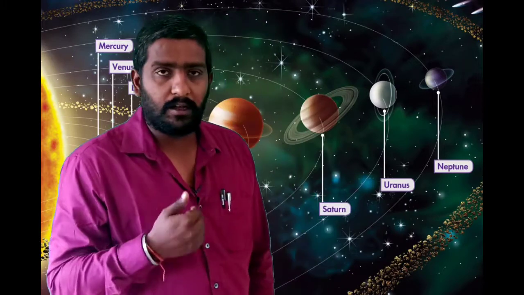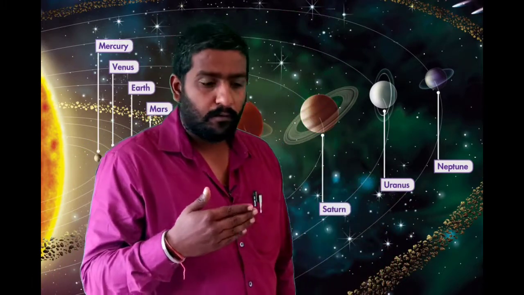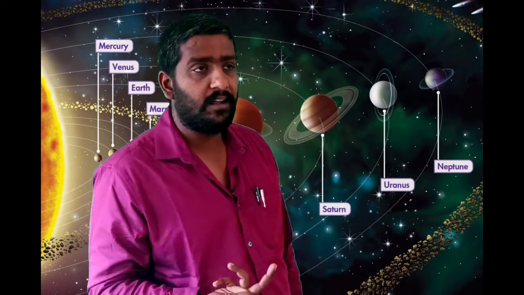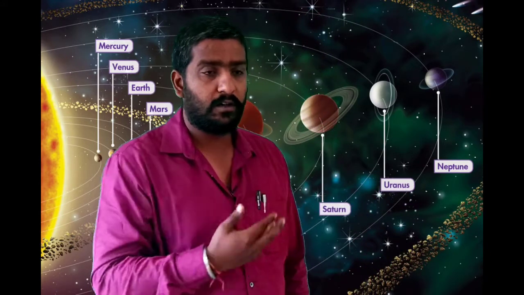I must tell about our Earth. It takes 365 days and 6 hours for our Earth to complete one revolution around the Sun, and for the furthest planet, that is Neptune, it takes near about 164 years. So you can imagine that Earth में हमने वर्ल्ड वॉर देख लिए, 2 वर्ल्ड वॉर देख लिए, साइंटिफिक प्रोग्रेस देख लिए, काफ़ी सारी चीज़ें देख ली, and still the planet Neptune has to complete its one revolution.